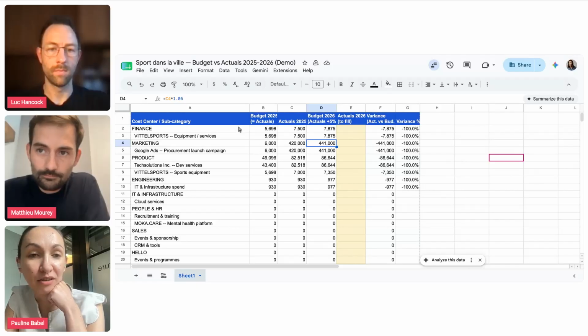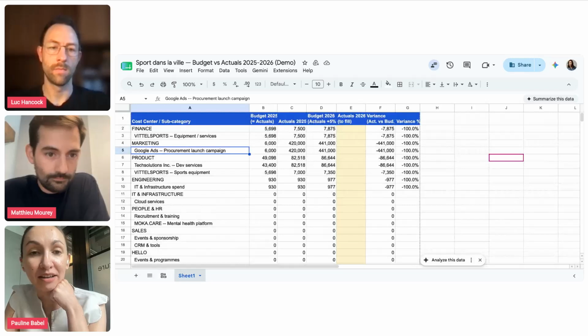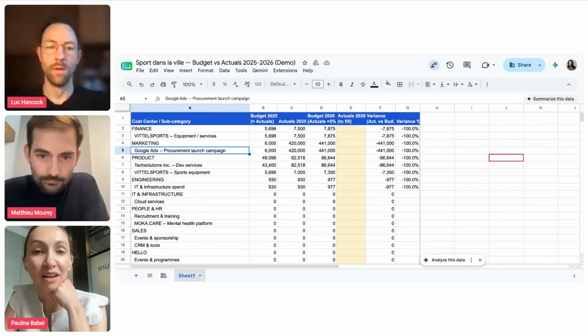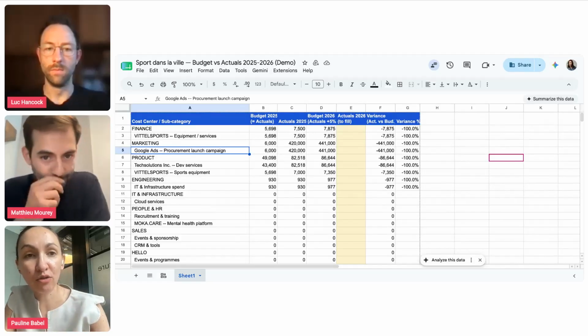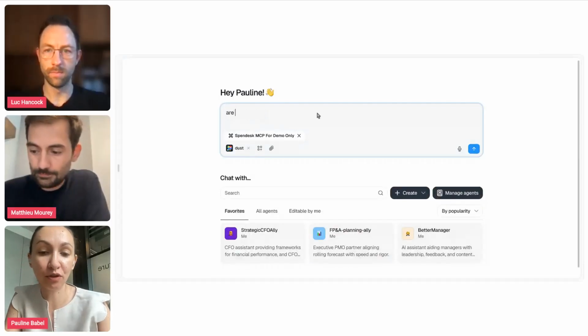This is what the budget file looks like, by cost center with some vendors. For the purpose of the case, I kept it simple, but we know we usually work with much more complex files. Now, if I go back to my Dust frame and just prompt, first of all: are you connected to the MCP?